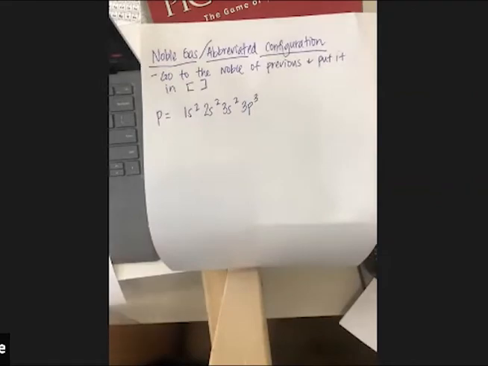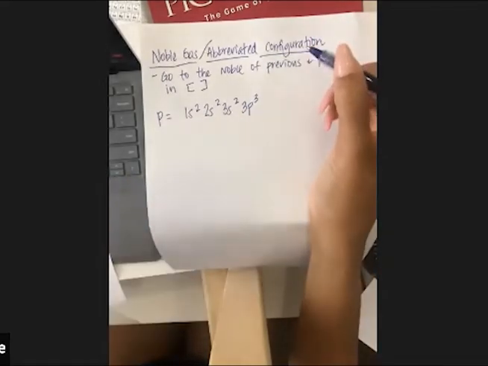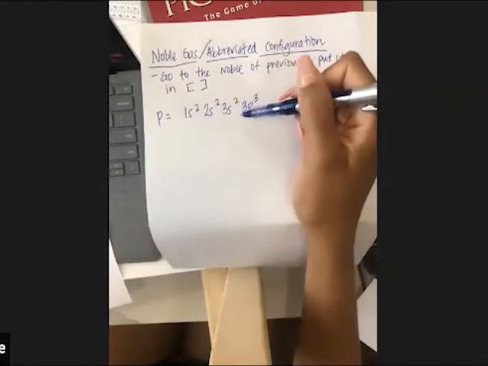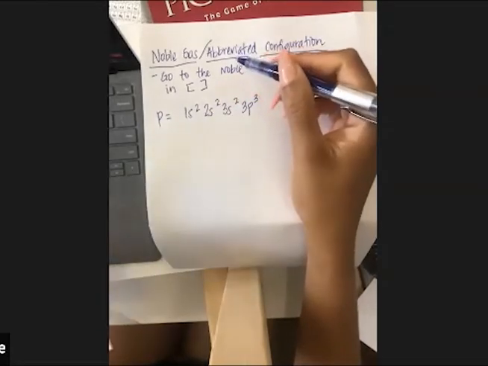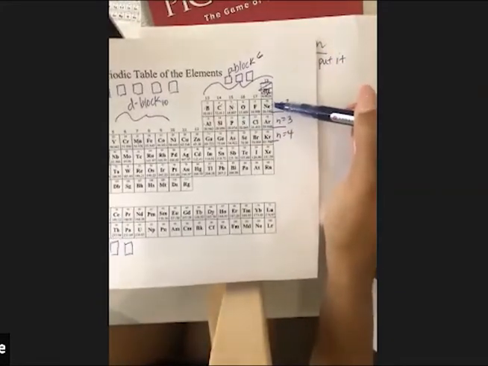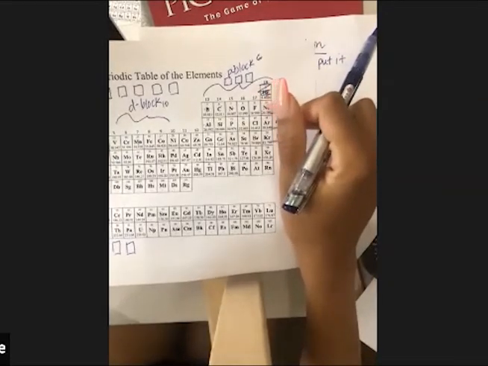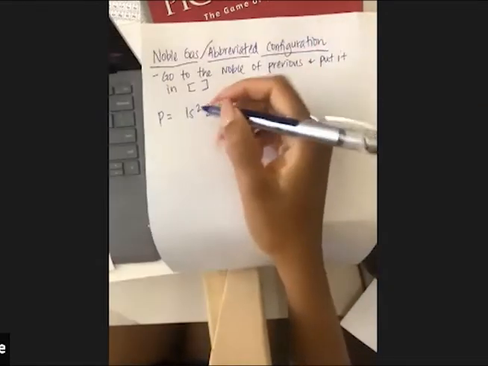Now, this is the regular configuration. If I write the noble gas configuration, I'm saying, okay, I don't want to write all this out. I'm going to write the abbreviated version of it. That means I'm going to look at phosphorus and then go to the noble gas in the previous row. In that case, the previous row's noble gas is going to be neon. I'm going to write neon